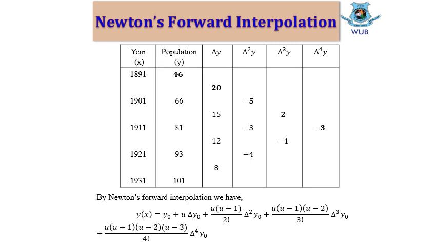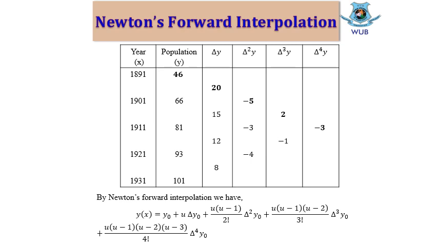And we already have a forward interpolation equation, which is y0 plus u del y naught plus u into u minus 1 divided by 2 factorial del square y naught, in this way up to del to the power 4y. Why did we count del to the power 4y? Because our table stopped at this point. If our table stopped in del to the power